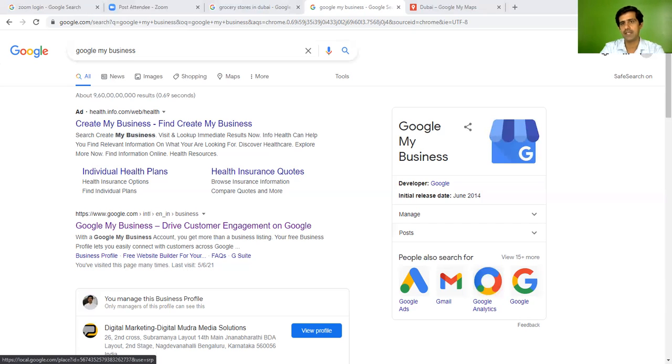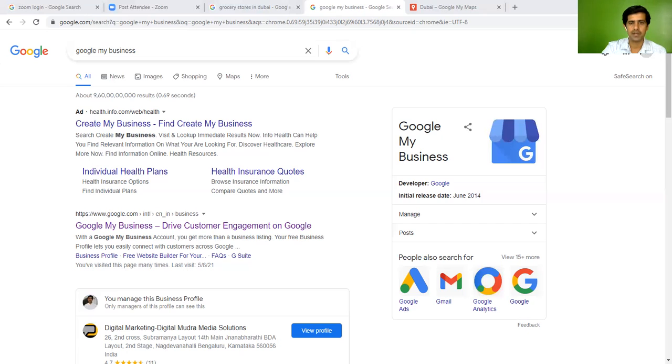If you want to see the search result, just click on the search result. This is how search results will appear. Our store will be there. As we have not actually updated or got reviews, it looks like this now. But in the later stages, everything will appear as we have previously seen. Now come back here. This shows the timings when the store is open, and then the store code and the labels we can enter.